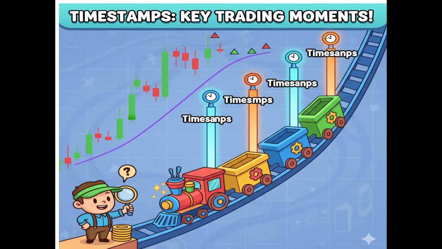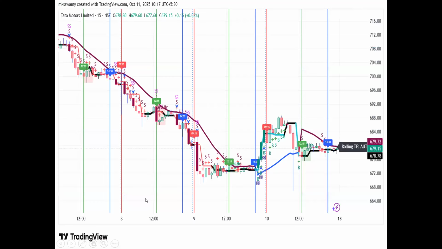The London session will start from 12 to 1 p.m. European session, transition period, then manipulation, accumulation, manipulation, and distribution take place in the market. So for that, I've taken care of all the things in my indicator. I've added timestamps also. If you enable it like this, you will see like this. My indicator is full-fledged with the time also, considering the time for the activity to notice what is happening at that time.